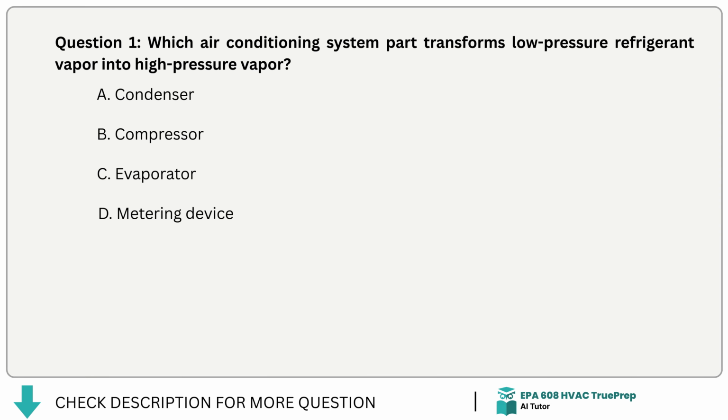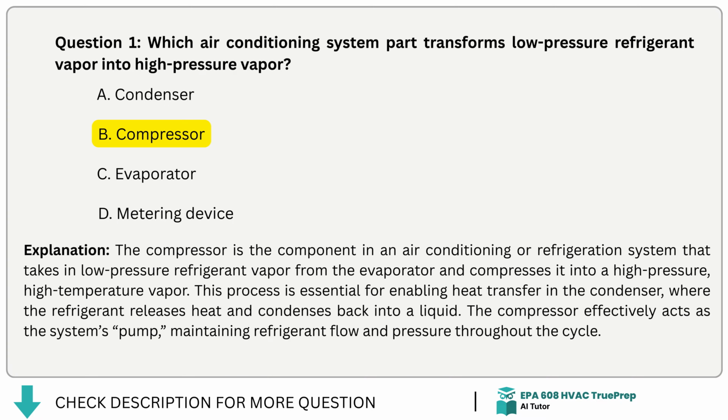Which air conditioning system part transforms low-pressure refrigerant vapor into high-pressure vapor? A. Condenser. B. Compressor. C. Evaporator. D. Metering device. The correct answer is B. Compressor. The compressor is the component in an air conditioning or refrigeration system that takes in low-pressure refrigerant vapor from